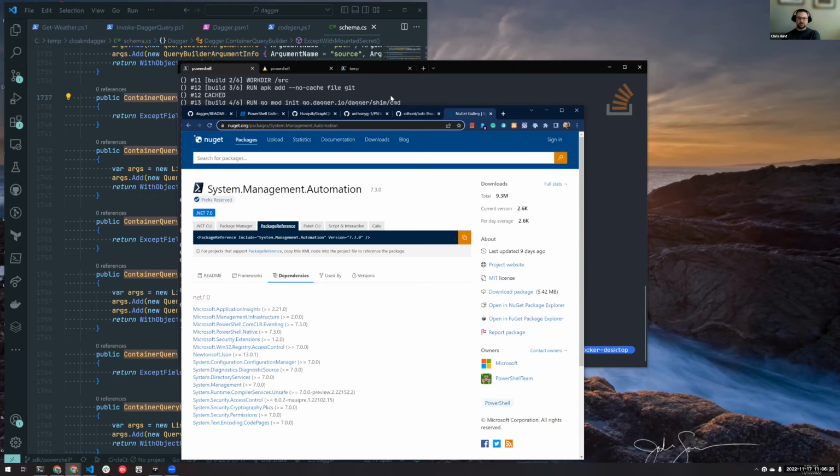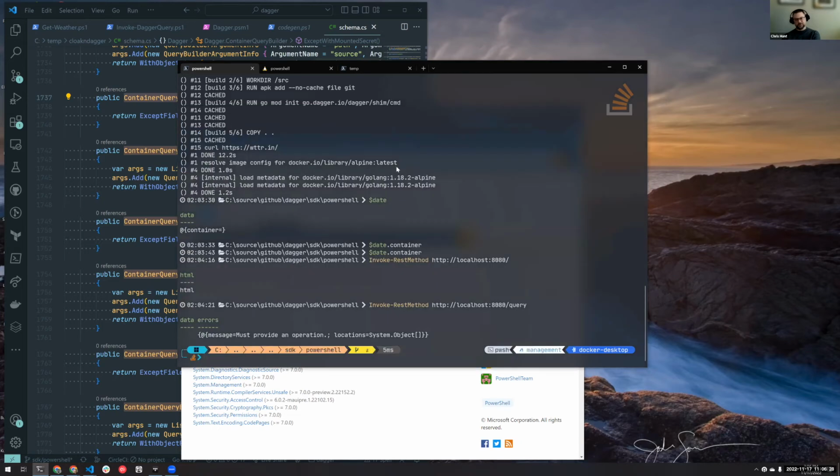Then PowerShell itself exposes all the .NET types, but it builds a dynamic type system on top of it. So you can pull stuff from C# and .NET, but it doesn't necessarily mean it's going to go back. If you add things on top of it, it might not translate. But for the most part,